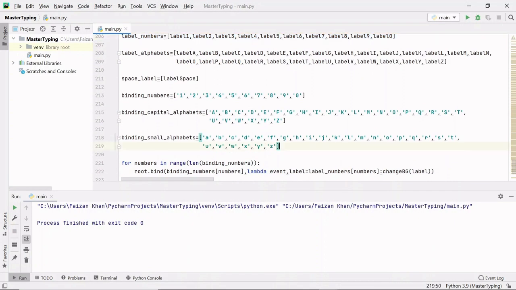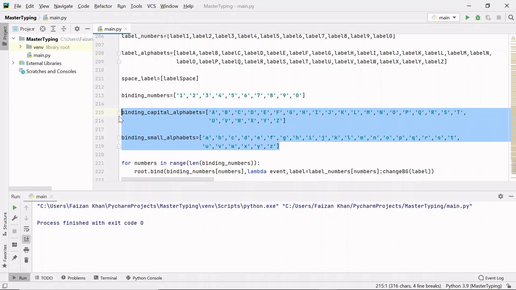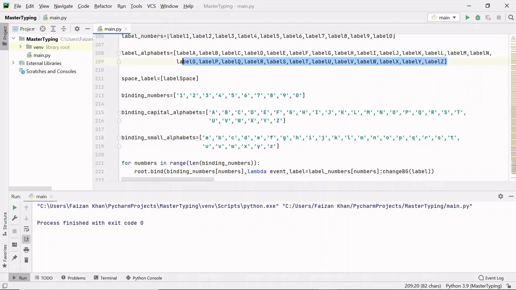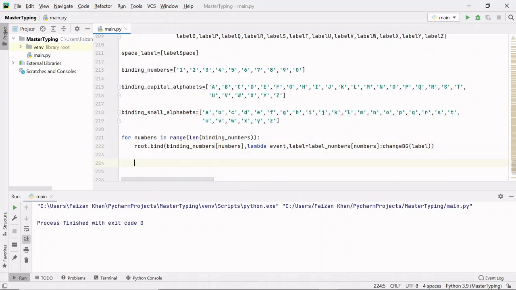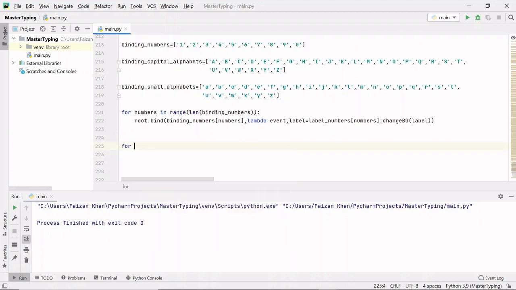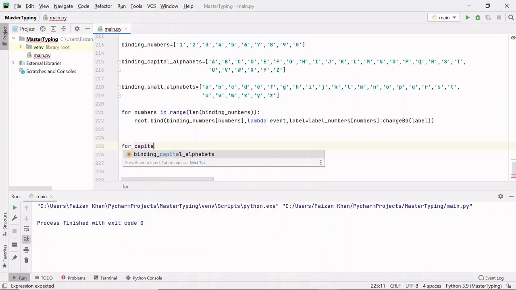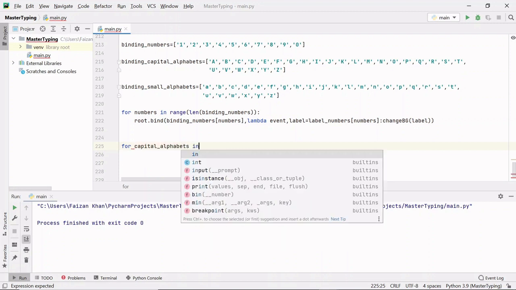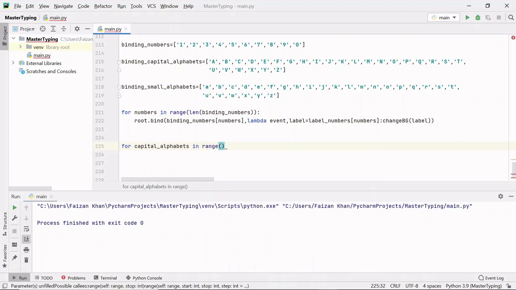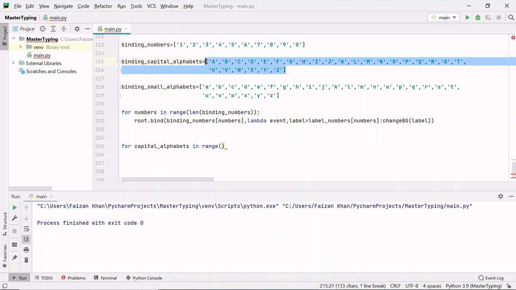Similarly, I have to bind these small alphabets and capital alphabets with all these labels here. So again, I'm going to use a loop here to bind all these alphabets. For capital_alphabets in range, and this time this loop will run 26 times because this list has 26 elements in total.